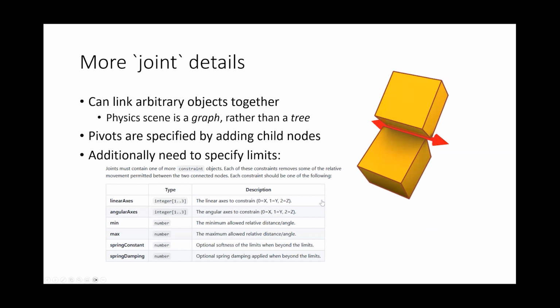So if you wanted to represent a hinge, for example, when you physically link an object like this very abstract door, you'll say the position of the pivot on this cube should always match the position of the pivot on this cube. So you want to say that your linear axes, x, y, and z,